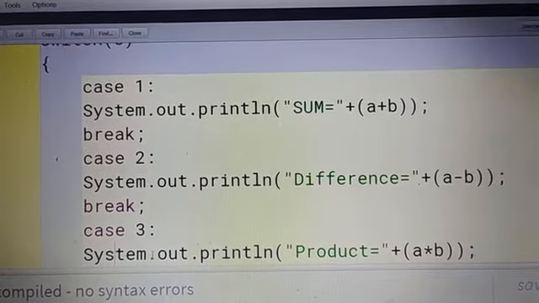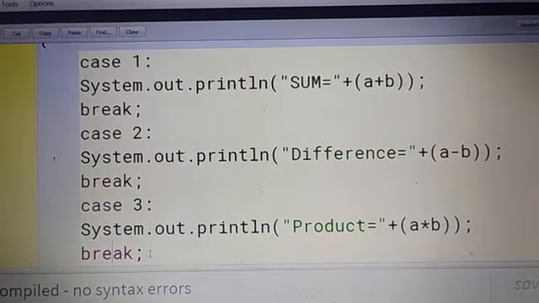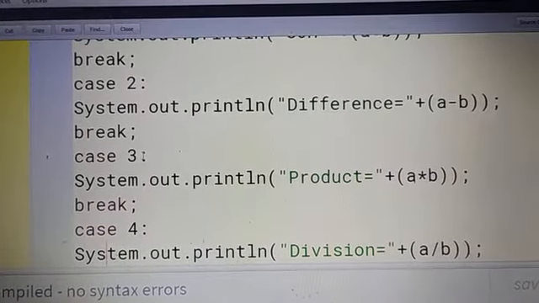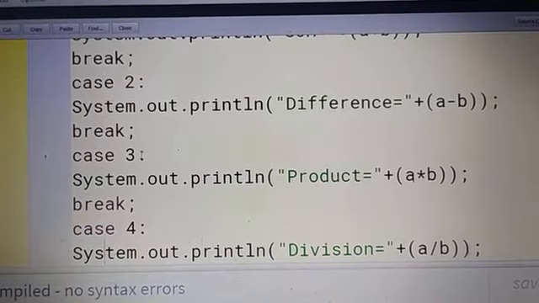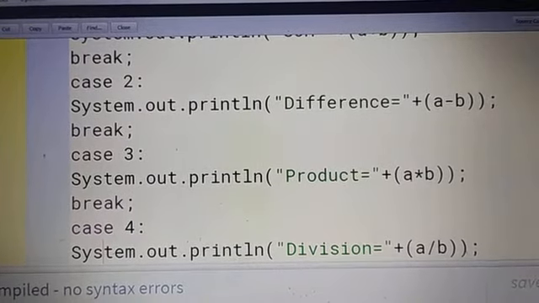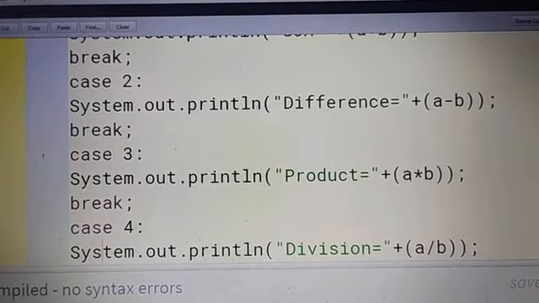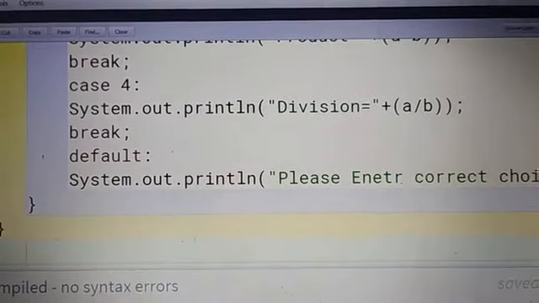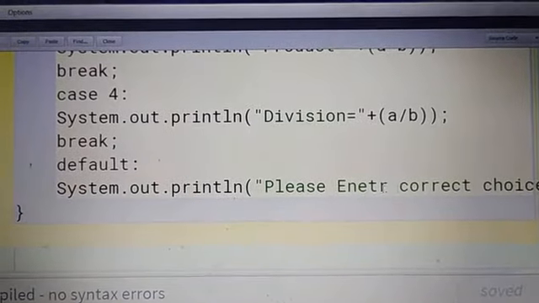So case 1 is for addition, case 2 for subtraction, case 3, and remember, here after case there is a colon, not a semicolon. After case, give one space, then put the value, 3, then a colon. The rest of the thing is the same: product, then this is for division, and default will give the message, please enter the correct choice.